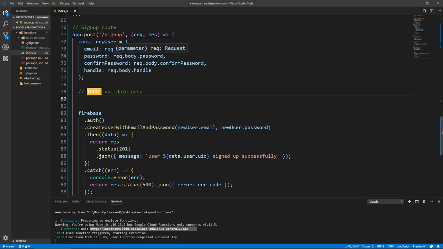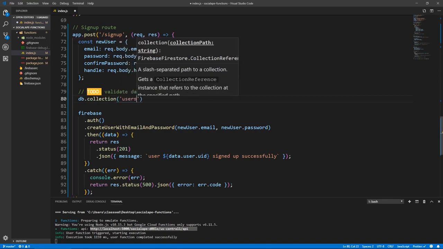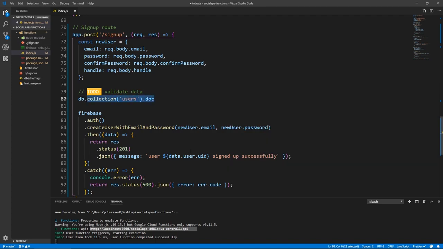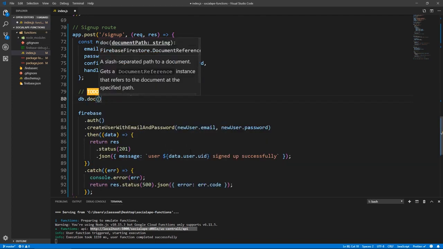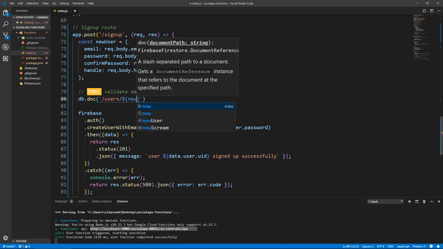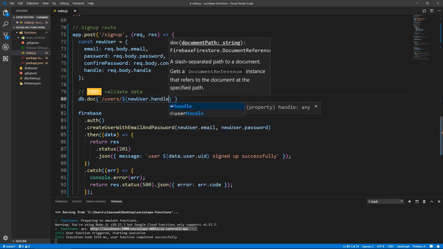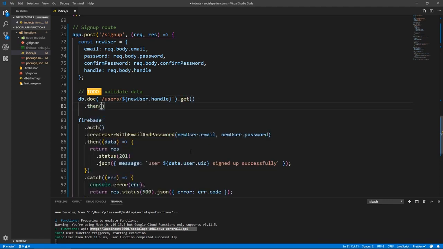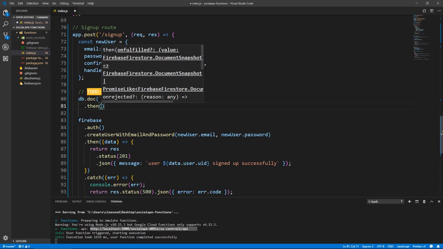Okay, so in our sign up route, we need to do db.collection users.document. Actually, we can do document without the collection. So let's do db.document, and we need to pass it the path. So let's do a template string, and the path will be /users for the collection, and the document will be dollar curly braces newUser.handle, and let's do .get, and of course this returns a promise, and this will hold, as we see here, a document snapshot. Yes, document snapshot. So doc,